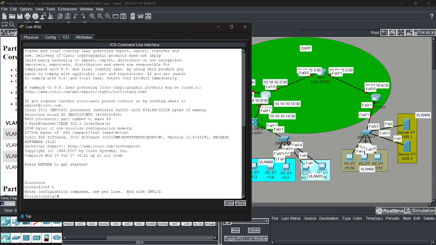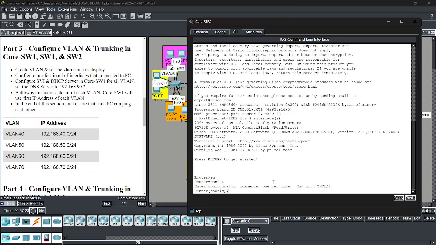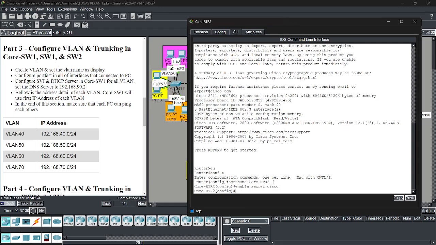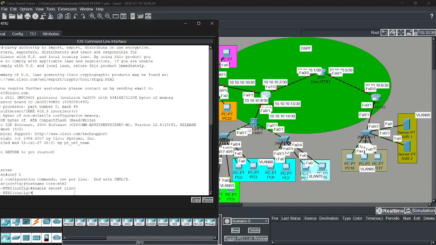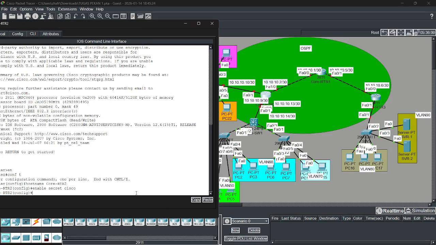Don't forget hostname. Enable secret Cisco. Okay. We add the IP... interface.